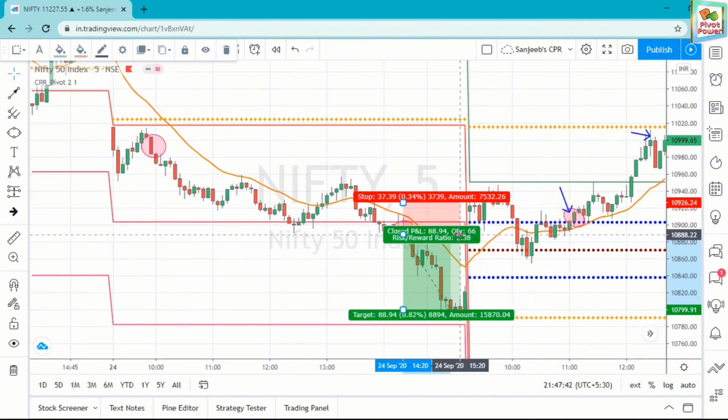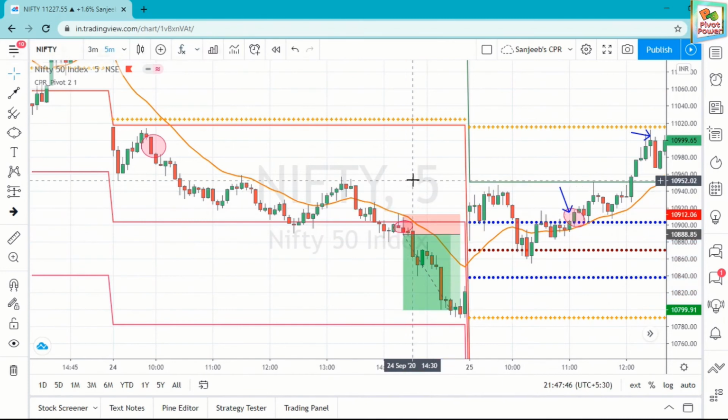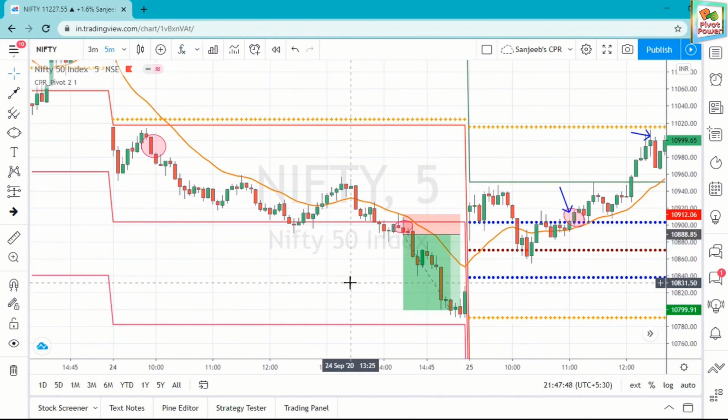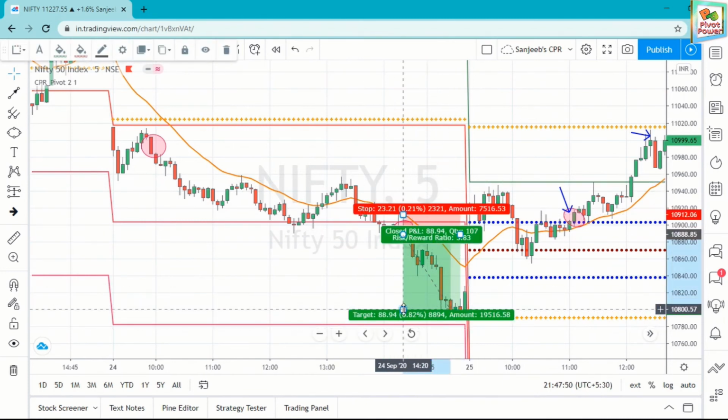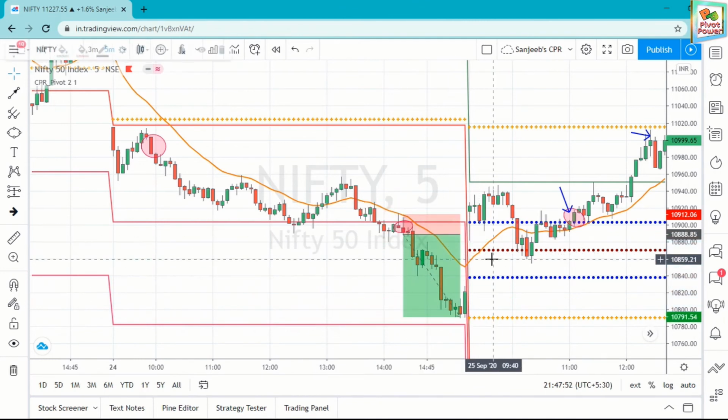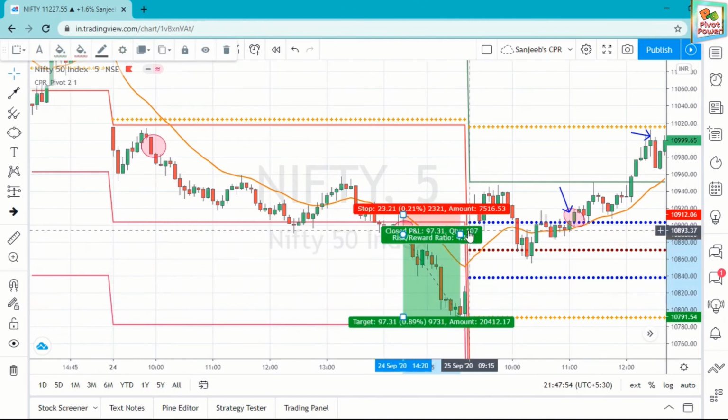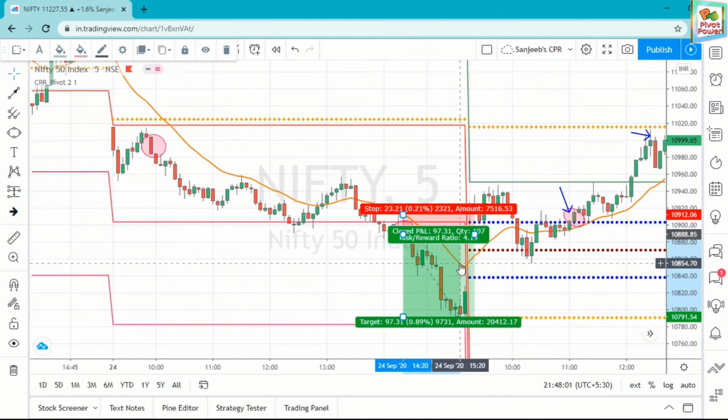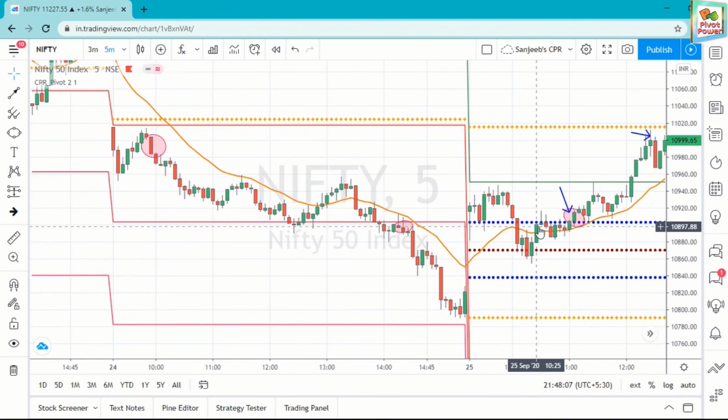We can see in this one also how much the risk reward is. See, in this the stop loss would be above the 20 EMA. In this the risk reward is how much? It is 1:4.19. This is more than 1:4, then we can take the trade. This is the support and resistance.